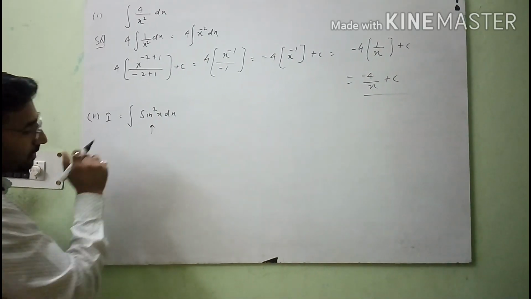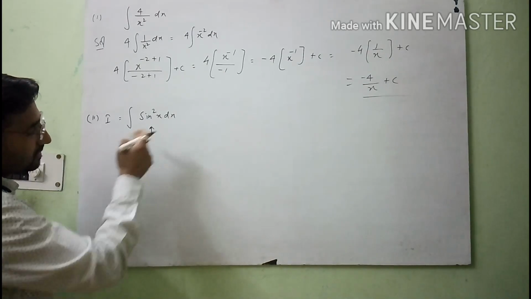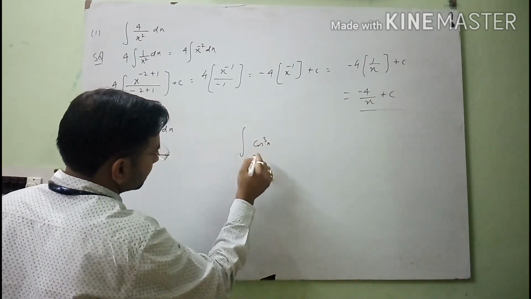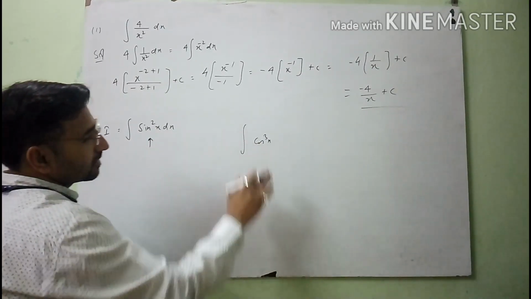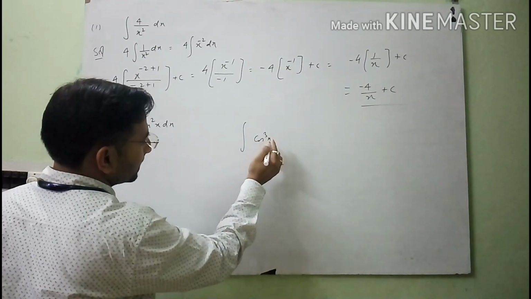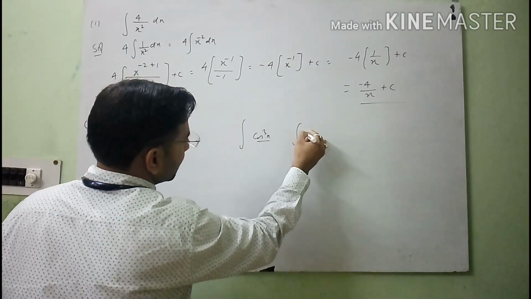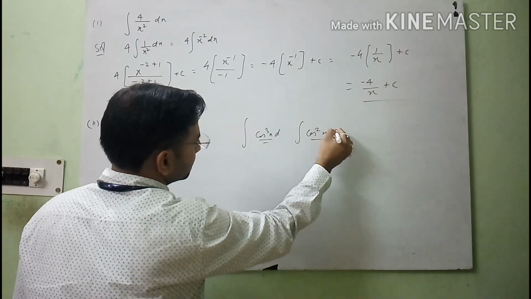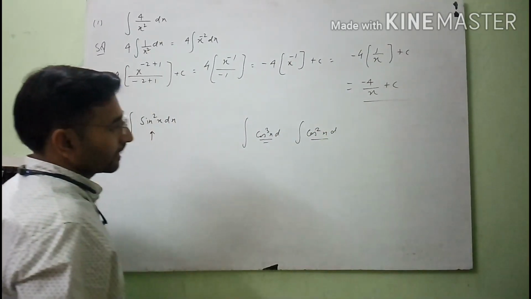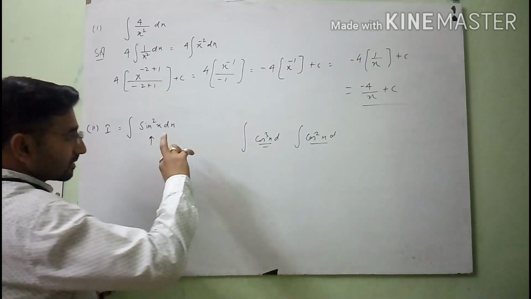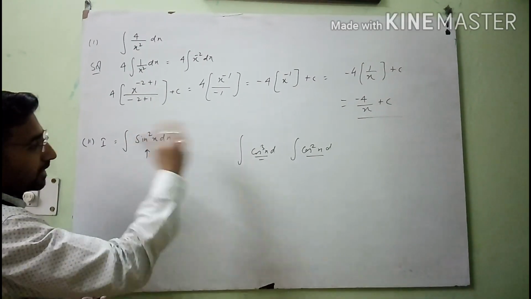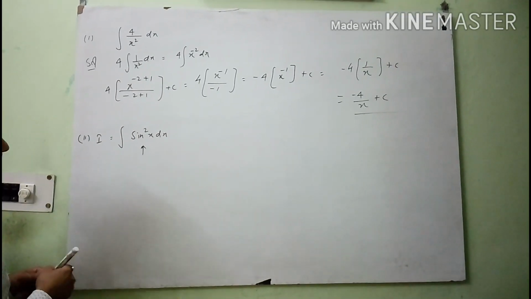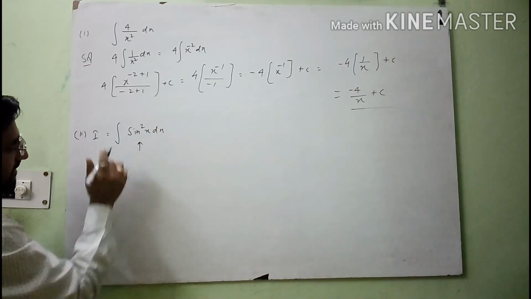So see which trigonometric identity we will use here, because in integration, if any function is a cubic or square function in trigonometry, not in the form of algebra, at that time it is not integrated directly here. It will integrate by converting this form into another form, which is just like a linear form.